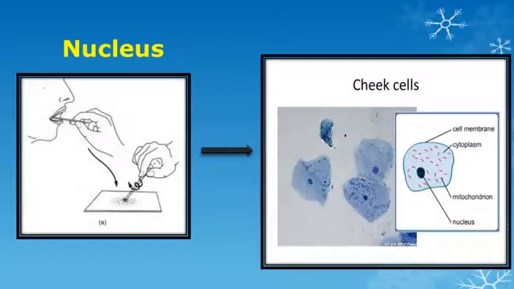After observing the slide under the microscope, you will see these cheek cells, which we have scraped from our cheek. Here you can see a dark blue colored nucleus, the cytoplasm, which is the fluid part, and a cell membrane. This is the structure of a cheek cell, and the dark blue colored part is the nucleus. That means in the cheek cell we have observed a nucleus. The dark round spot seen under the microscope while observing the onion peel stained with iodine is also the nucleus of the cell.